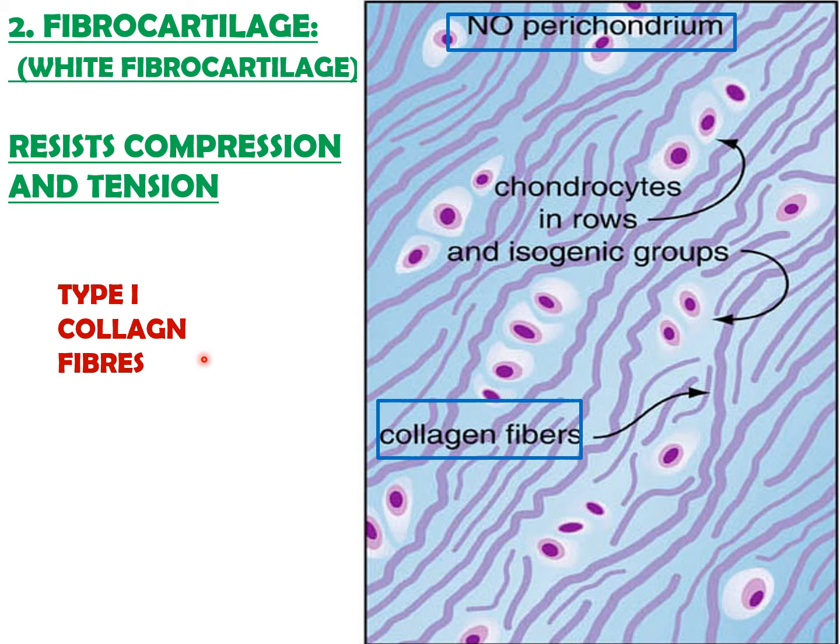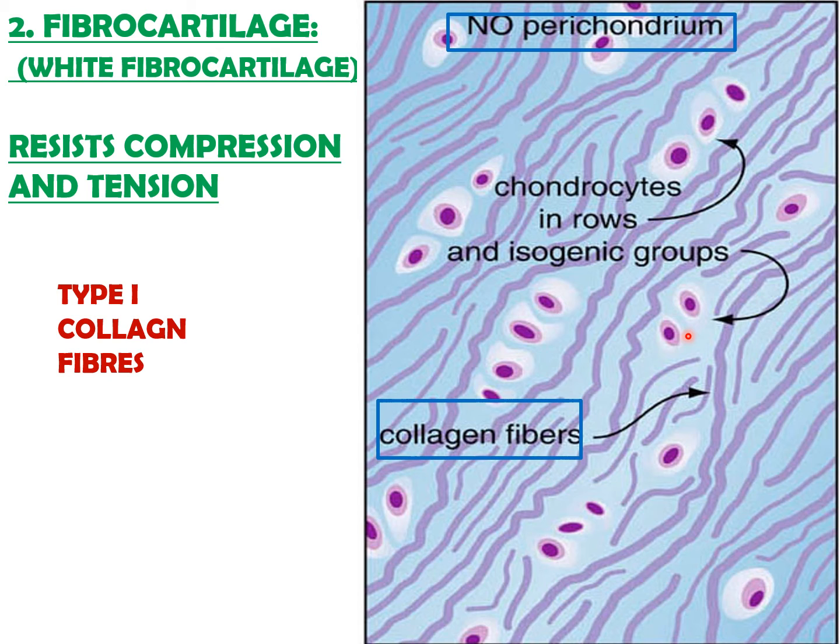Since fibrocartilage is a transitional tissue between dense connective tissue and hyaline cartilage, lack of the perichondrium helps in proper blending with the surrounding structures. The chondrocytes are similar to those of hyaline cartilage, but arranged in a single row or in isogenous groups. Here you can see this single row or the isogenous groups. So these are the chondrocytes in a row, and there is an isogenous group, either two cells together.